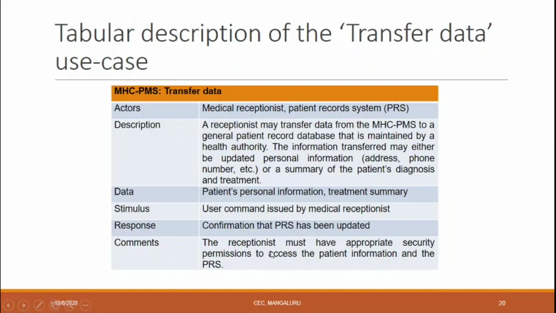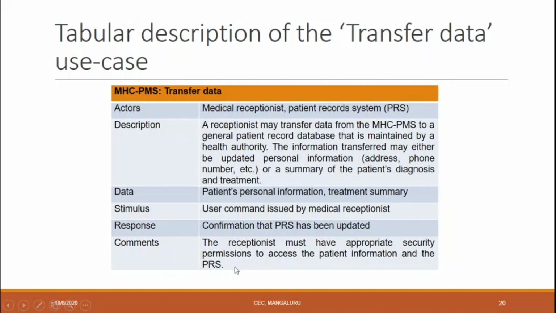Comments: the receptionist must have appropriate security permission to access the patient information and the patient record system. So who can access the system? The appropriate user, the one who has permission to access the data or system, that is the medical receptionist, is given authority to access the patient information or patient